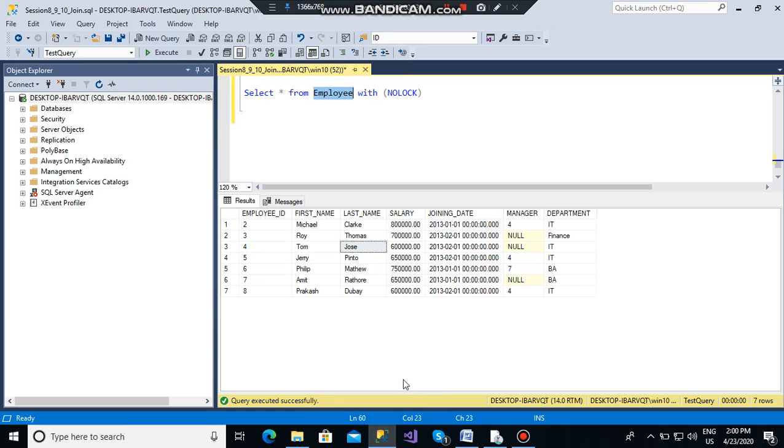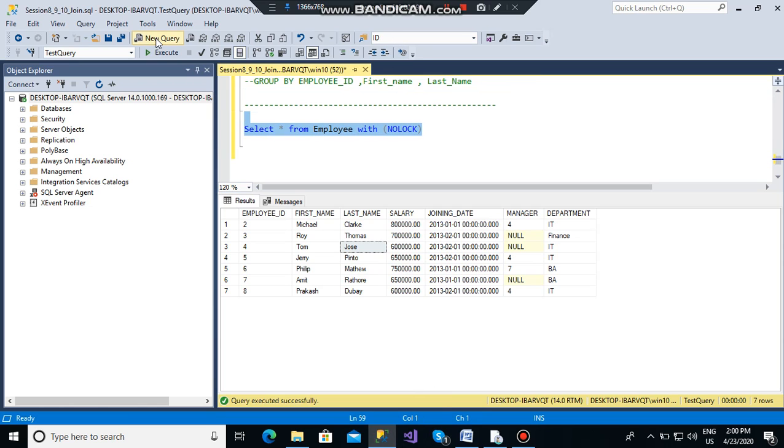I will show you an example so that you could better understand it. Again I am going to use the employee table. In our employee table, let's say someone asks us to write employee name and manager name for every employee. So to show employee name and its manager name, we need to write a query using self join.